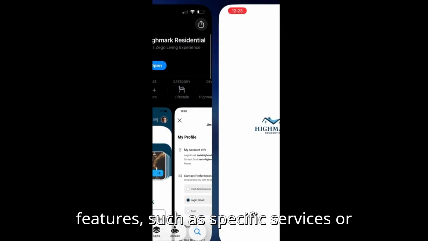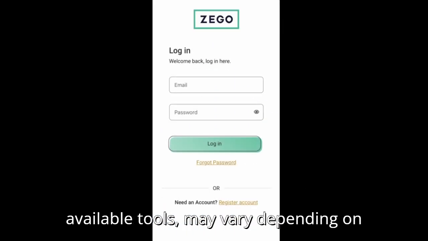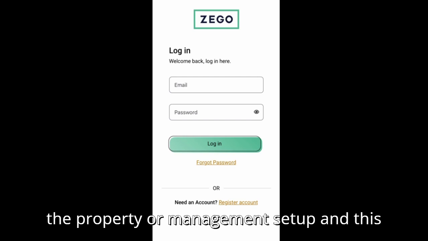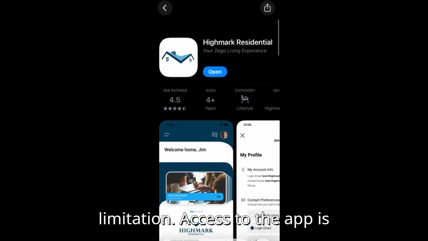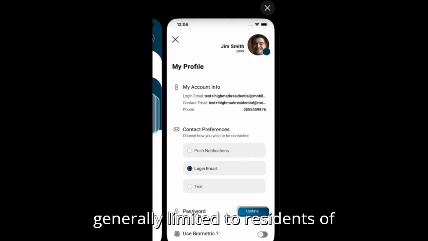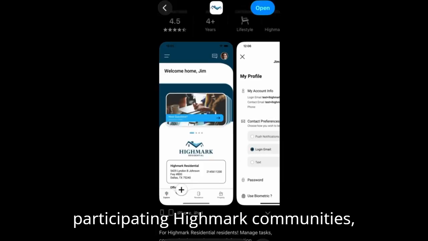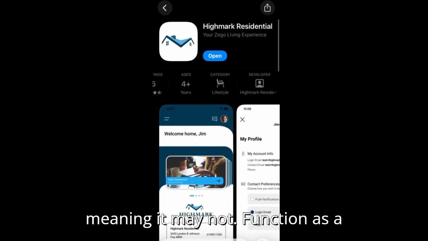Some features, such as specific services or available tools, may vary depending on the property or management setup, and this should be considered a potential limitation. Access to the app is generally limited to residents of participating Highmark communities, meaning it may not function as a